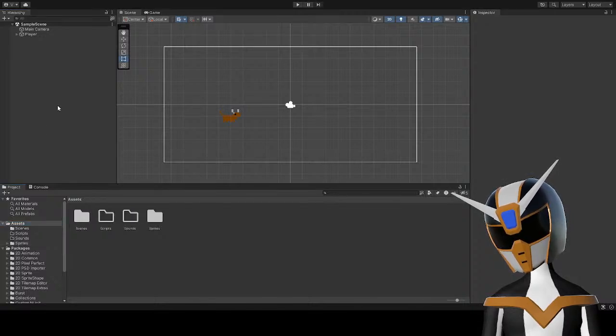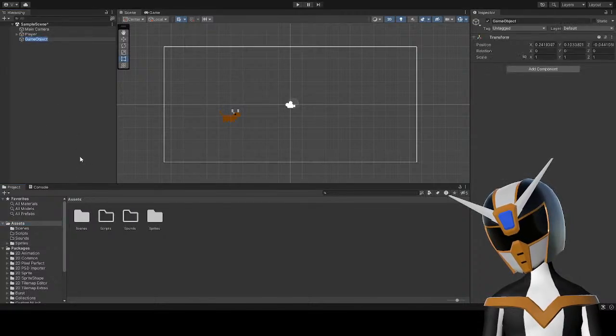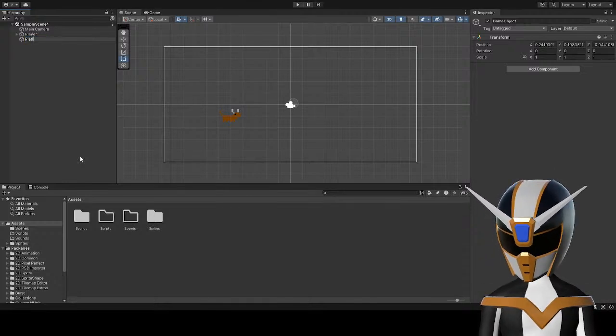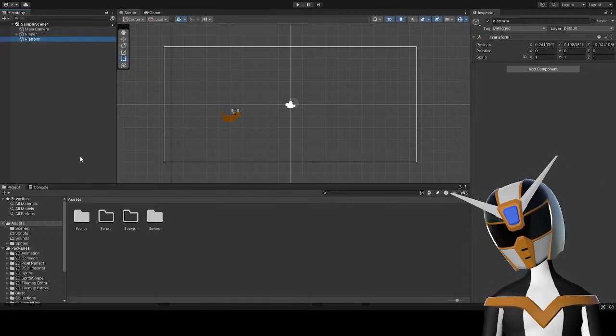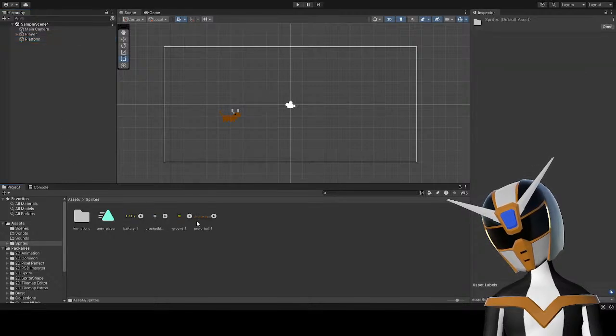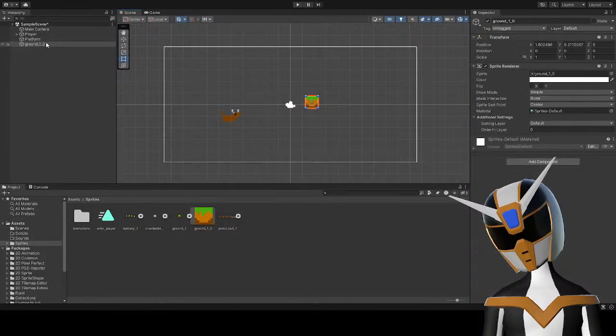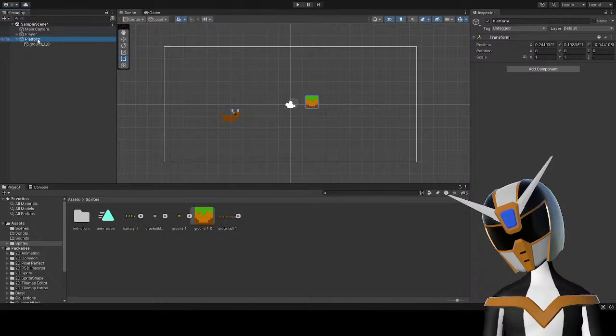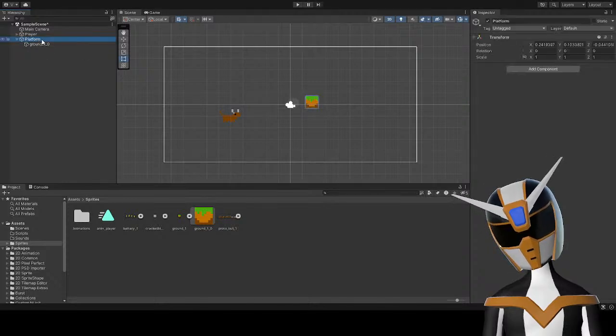Okay, so now let's make a platform. And then I will give it this sprite. And I will give it a collider.